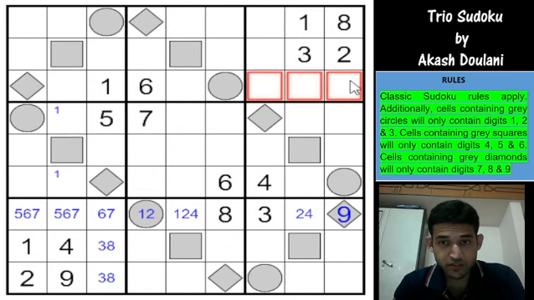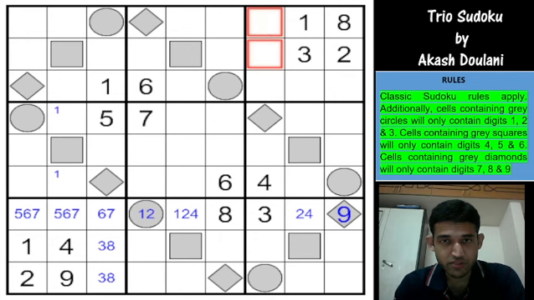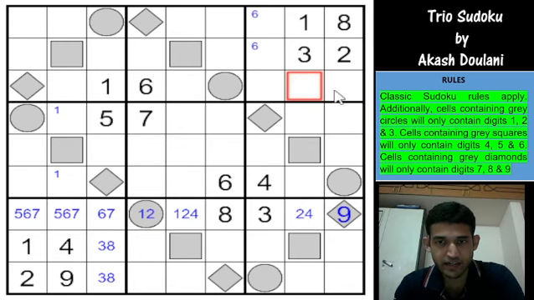And I have 6 not going in row 3. So 6 goes in one of these cells. 3 not going in column 7. So 3 goes in one of these cells. Sorry, 3 is already a given, right? I was actually referring to the 4. 4 is in column 7, so 4 goes in one of these 2 cells.